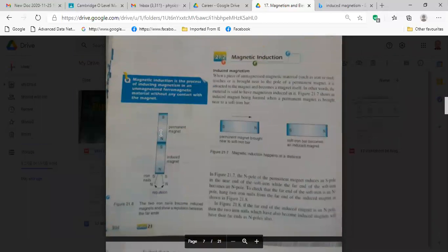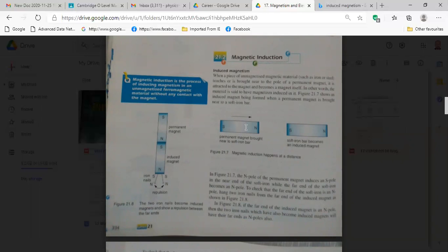And here is magnetic induction. That one we said induced magnetism. Also, we can bring this idea. You also draw this diagram.